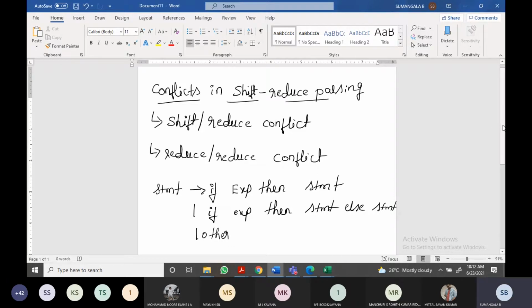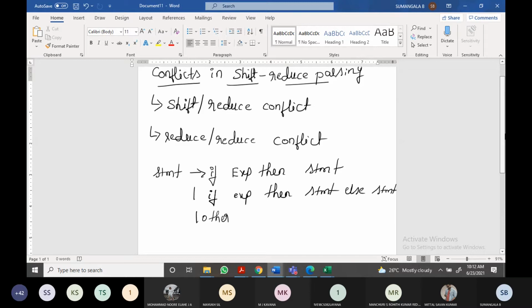I'm scrolling down. Here I'm taking the example given in the textbook, because there are no problems according to your syllabus on shift reduce conflicts, only the theory part.